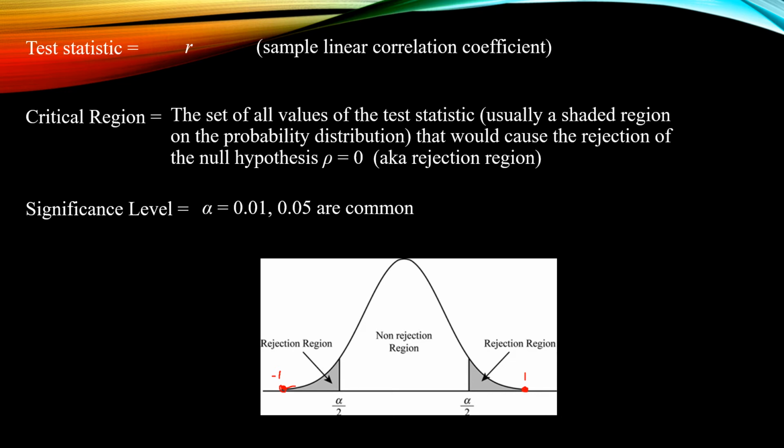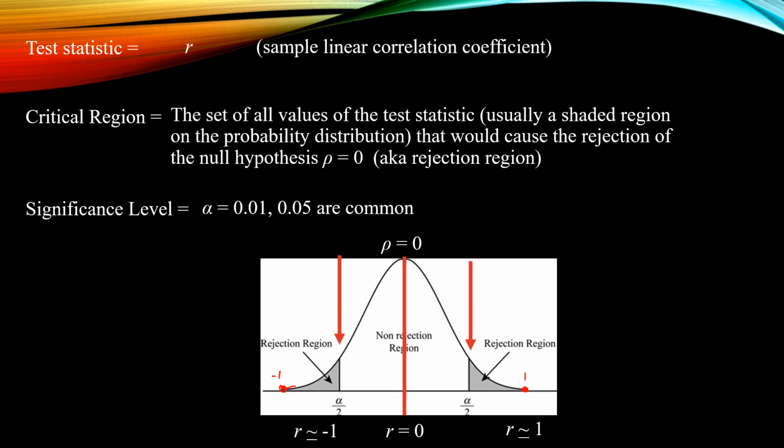When we sketch the claim that the bivariate set of data is uncorrelated, meaning rho equals 0, that would have to be the middle of the distribution. Any sample linear correlation coefficient R that is close to 0, or not significantly away from 0, would give us a result where we would not be able to reject the null hypothesis. But if we find an R correlation coefficient that is close to 1 or close to -1,